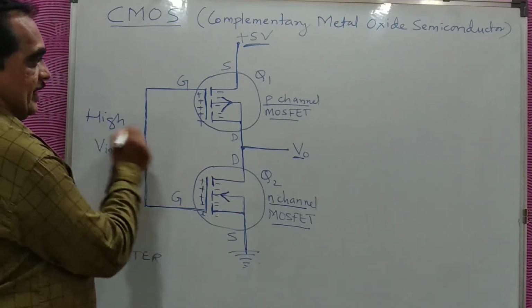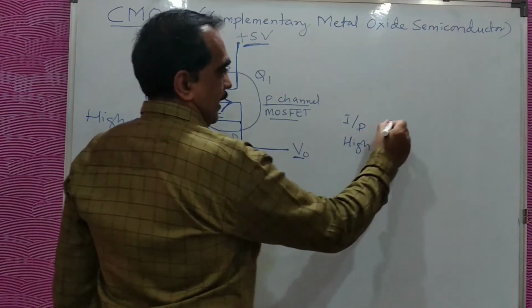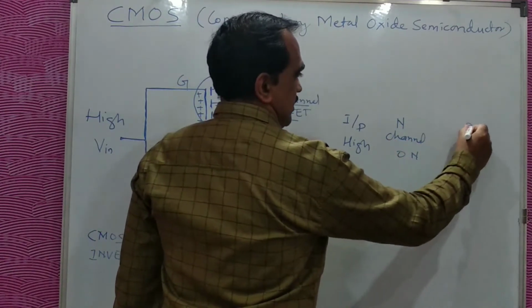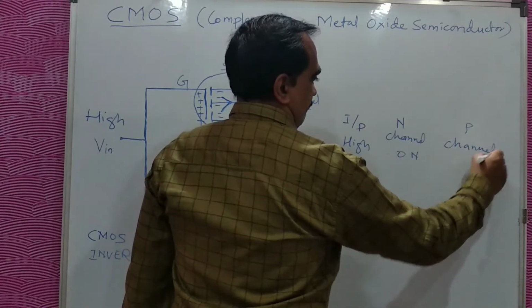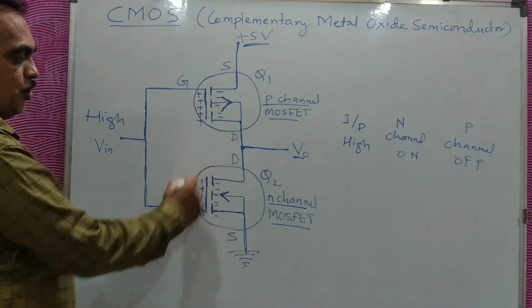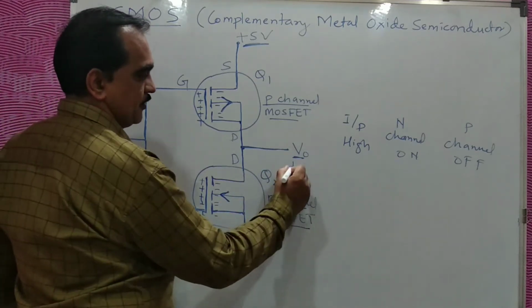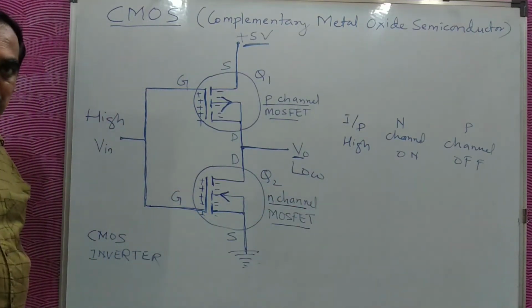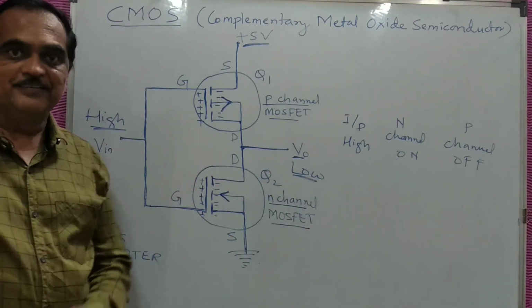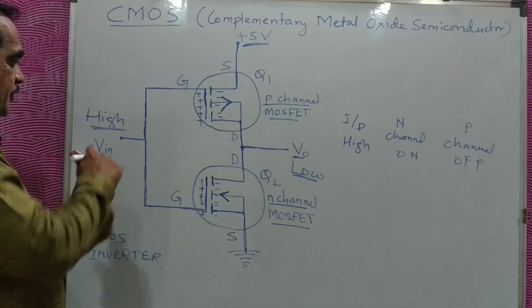So if the input is high, the N channel will become on and the P channel will become off. If this one is off and this one is on, that means ground is connected to the drain and the output will be ground. Ground is low. That means when the input is high, the output is low. This is the input and output combination of an inverter. Similarly, if you take the input as low,